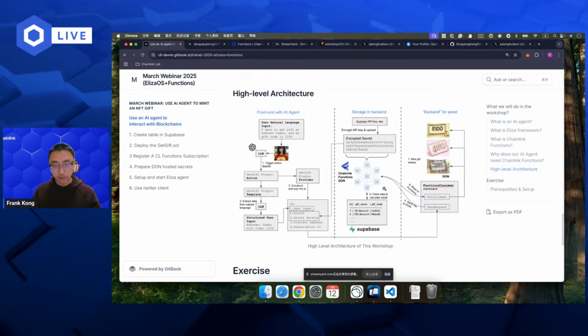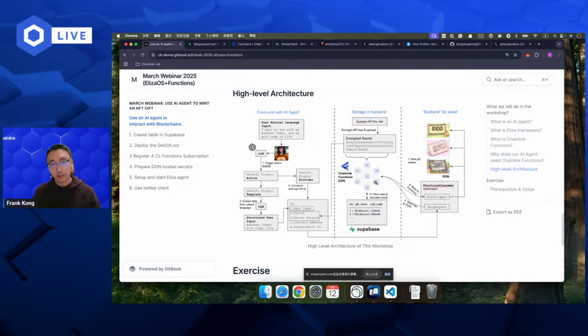And the reason we want to use Chainlink Functions is that if you have some service to fetch the data from the database to the onchain smart contract, it is hard to be trusted, right?